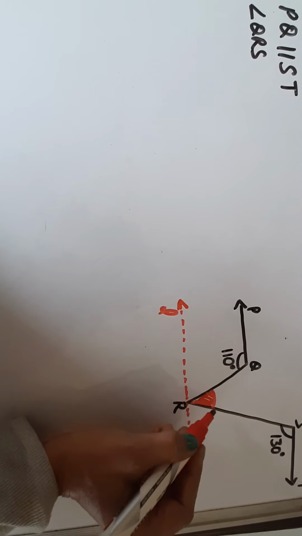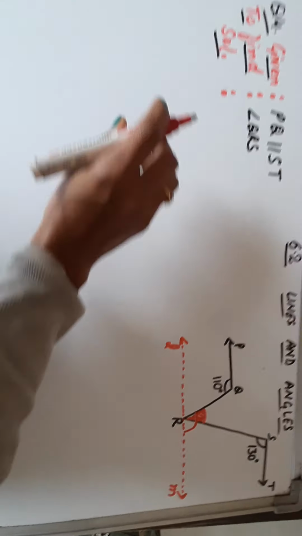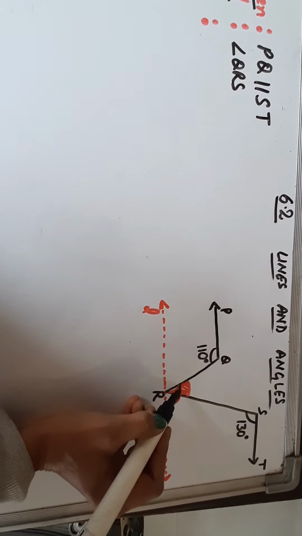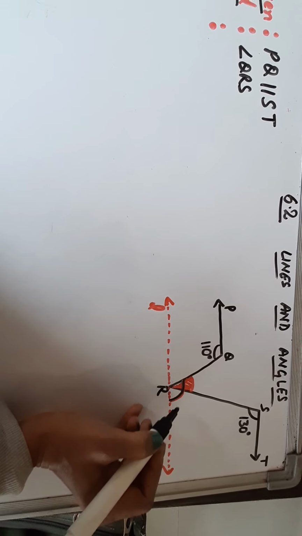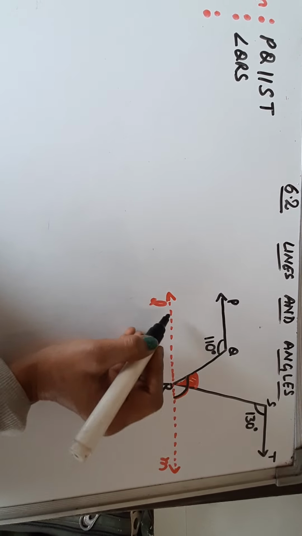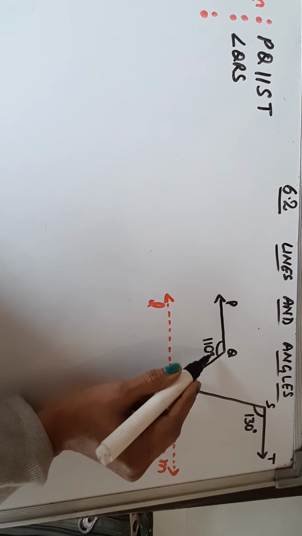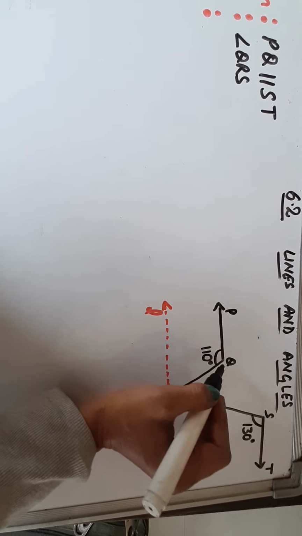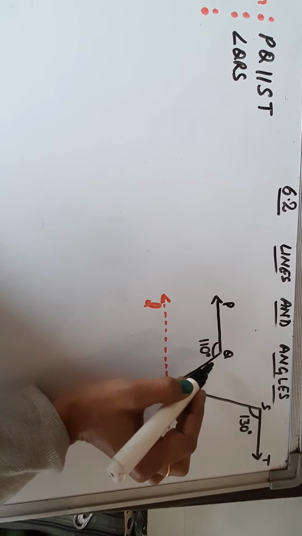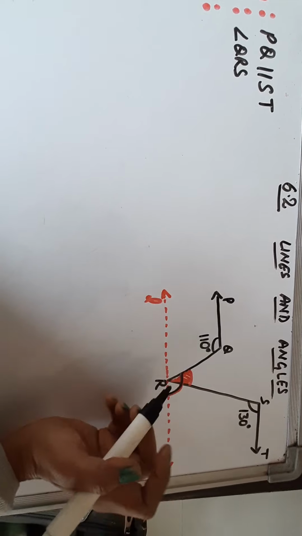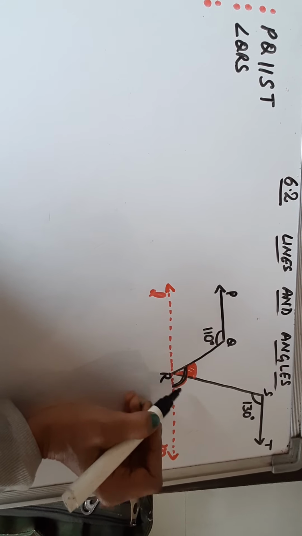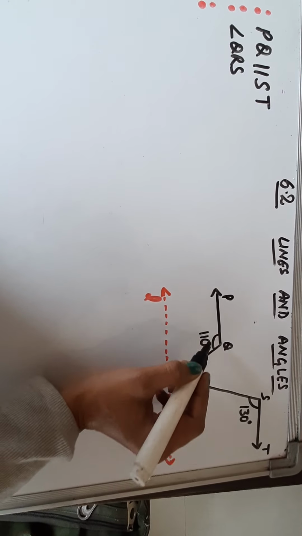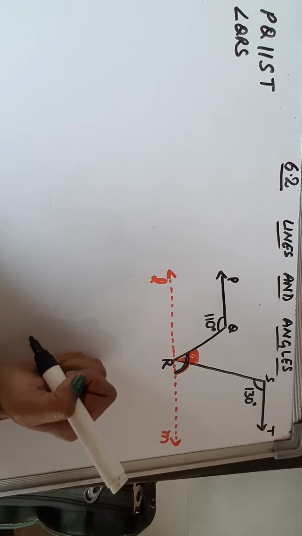and this angle which I am making, this one, is touching the parallel line LM, and both these angles are touching a single transversal QR. Because this angle is on the left hand side of the transversal and this is on the right hand side of the transversal, the two angles are alternate angles, right?